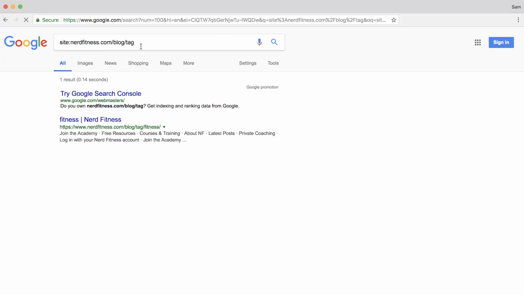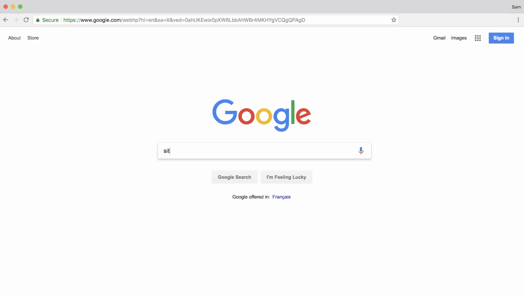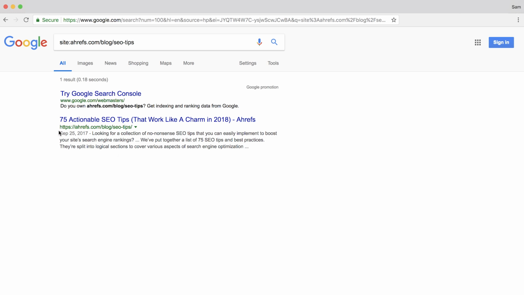Now, if you are a WordPress user, then you can also look for pages without value by appending /tag or /page to your query and then noindex them. Another cool thing you can do is a site: search with an exact URL after you publish a new page or post. So if it's been a long time and it's still not showing up in Google's index, then you should check Search Console for potential indexation errors.